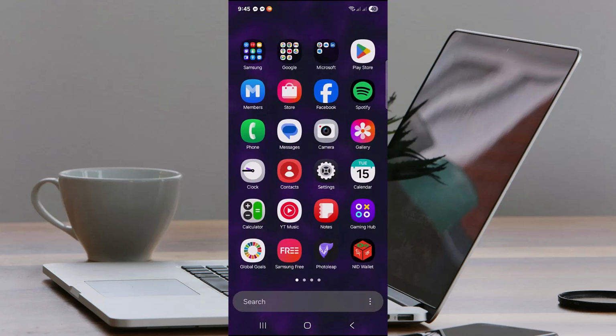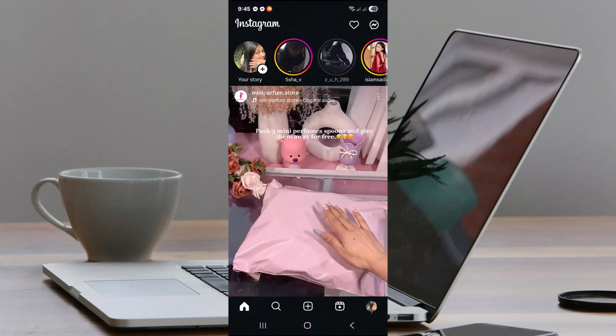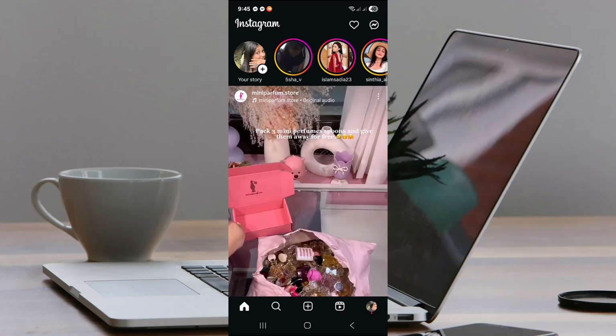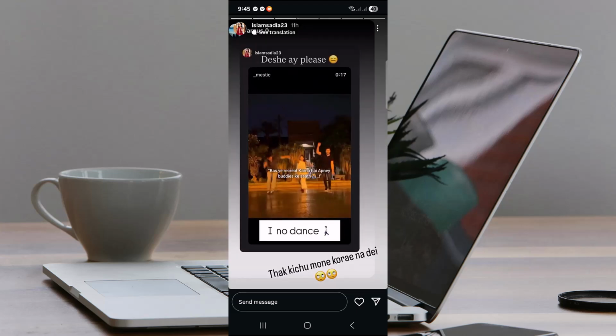In today's video, you are gonna see how to download someone's Insta story. So to do that, let's head over to Instagram application. Once you're there, make sure you have logged into your desired account and then head over to any story that you want to download with